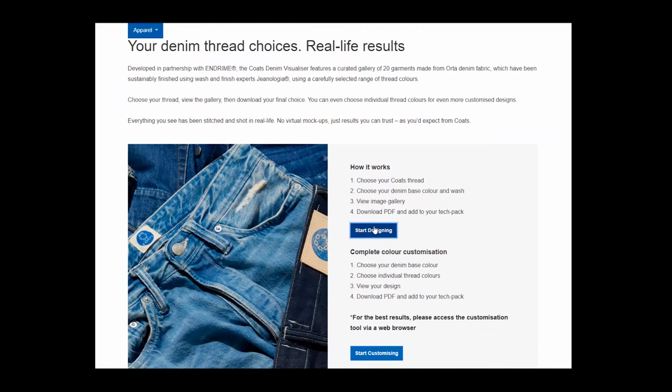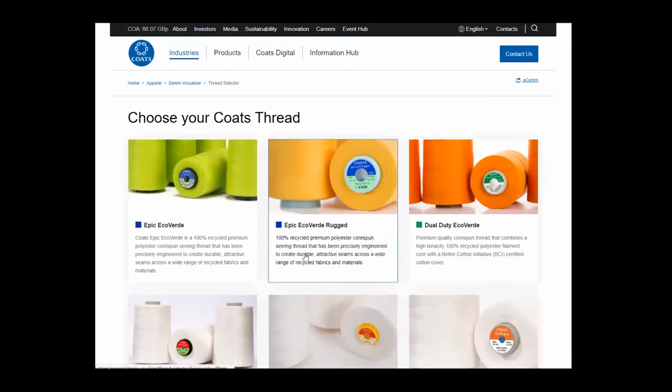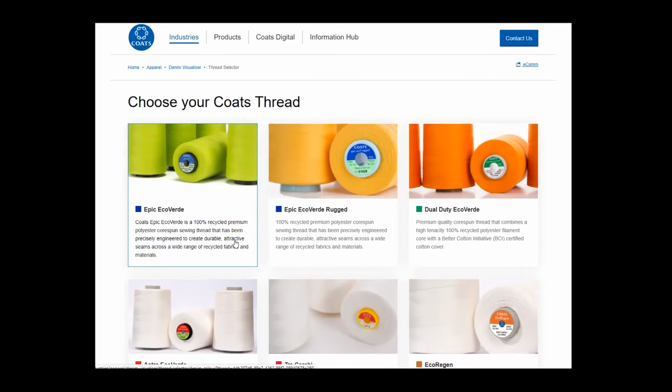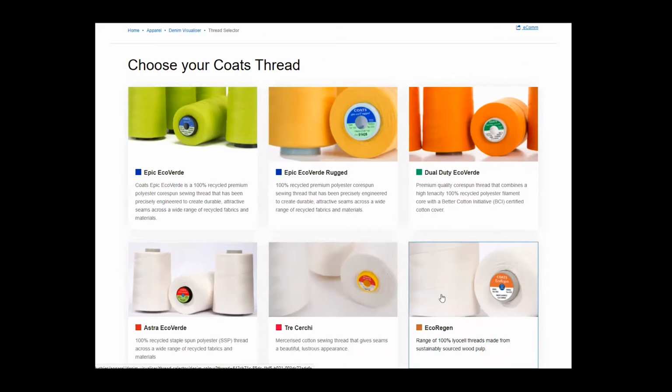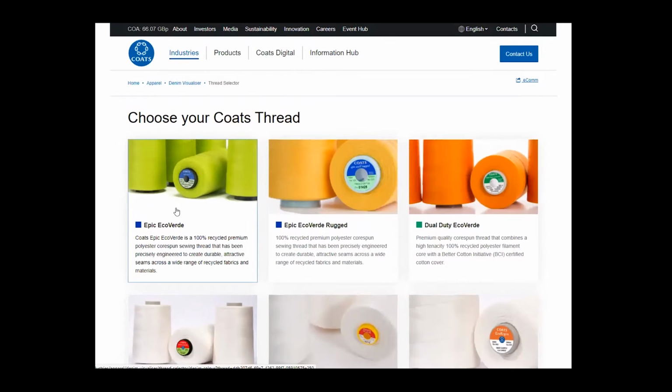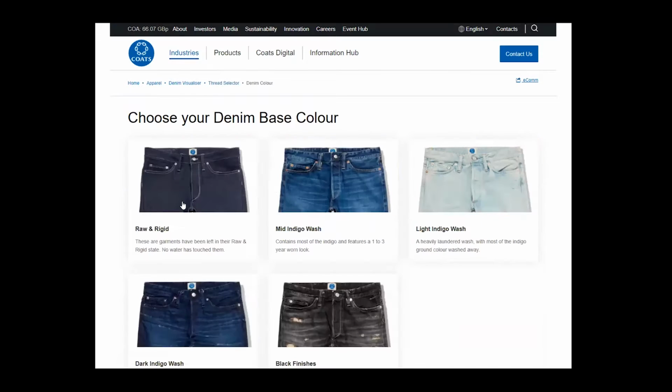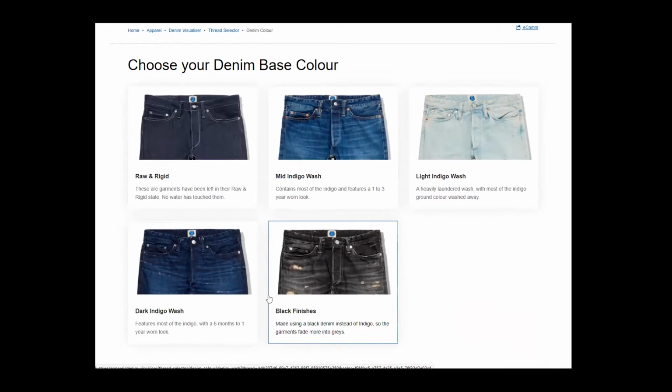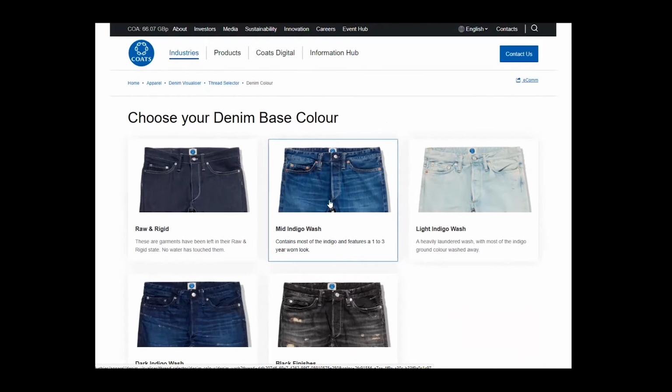So once you click this button, you'll be presented with 6 sustainable threads to choose from. So they range from Epic Eco Verde all the way through to our new 100% Lyocell Eco Region solution. So if we pick Epic Eco Verde as an example, then you'll notice the next selection is to pick your denim base color. So they range from raw and rigid all the way through to black finishes. So if we take mid indigo wash as an example,